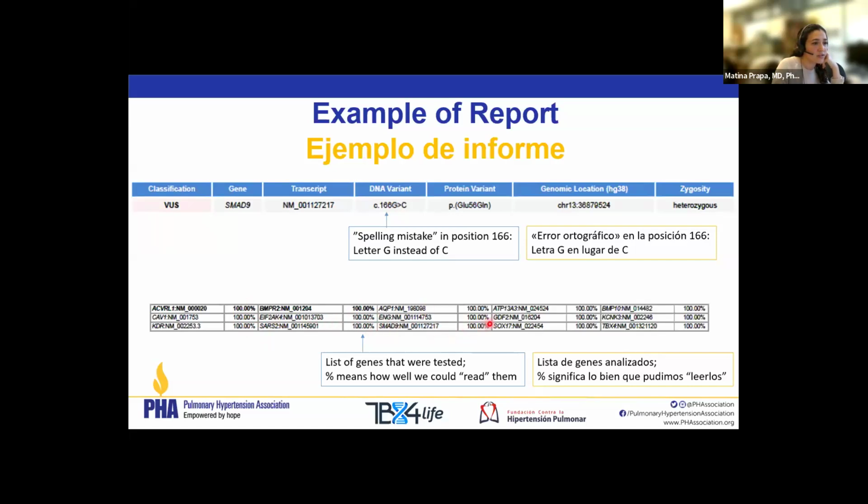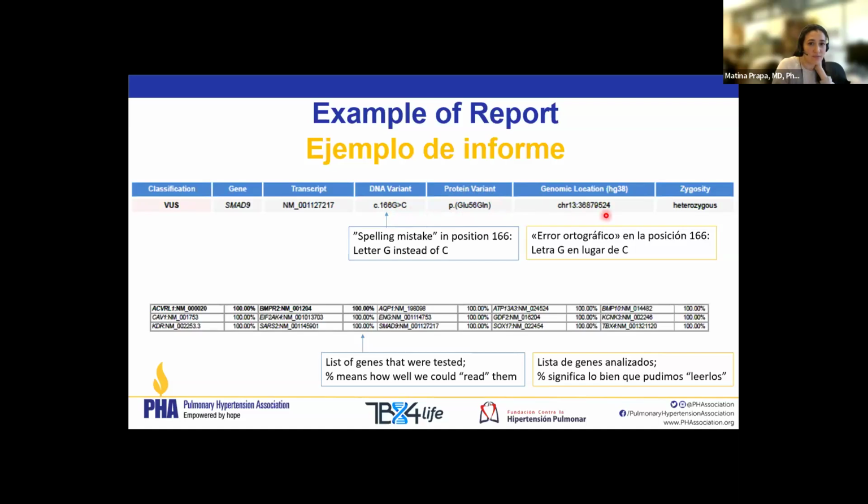And out of these genes that were looked at, there was an alteration or mutation in a gene called SMAD9. And here you see it says DNA variant, and it gives you the exact position. So in position 166, there should be a letter G, but instead there is a letter C. And then here it shows you what is the effect of this on the product of the gene, called protein. This is the genomic coordinate, so it tells you that that gene sits within chromosome 13, and it tells you